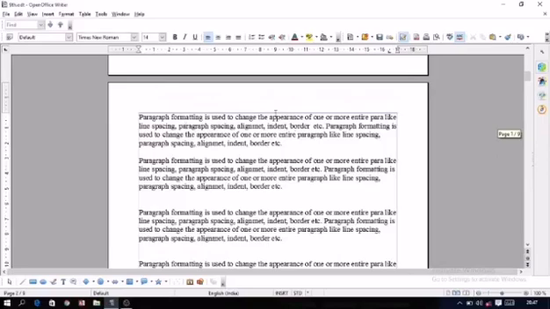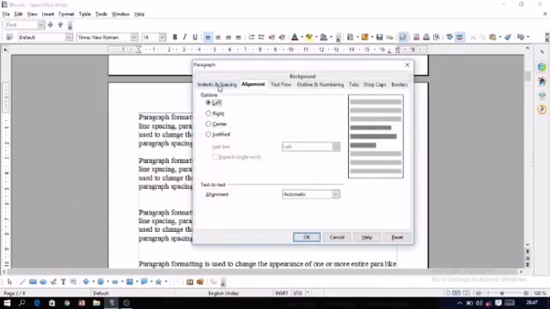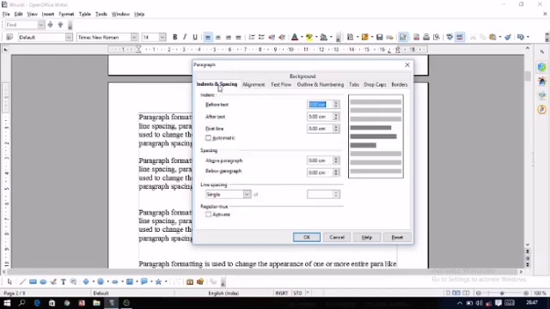Now I will change the alignment of these paragraphs one by one. The first paragraph does not contain any alignment, and now I will give the indentation to this. For applying the indentation, click on the Format menu, then select the option Paragraph. The first tab is given for indent and spacing. Click on it. Now there are two main options here, that is before text and after text.